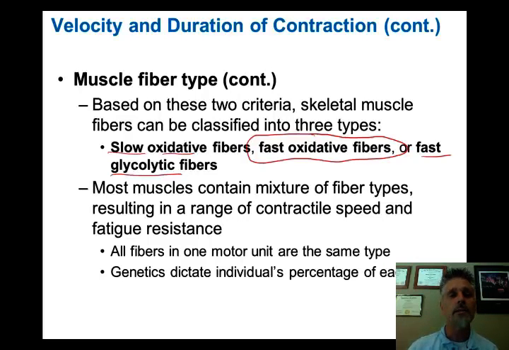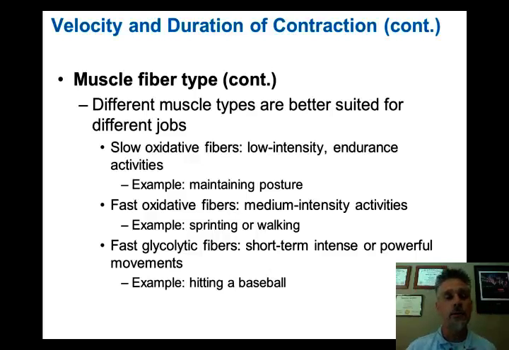The fiber will be a different color based on some of these characteristics. And like you see here, different types of muscles are better suited for different jobs, and so they have different fibers. But when we look at things like slow oxidative fibers, they have stores of ATP in a muscle molecule